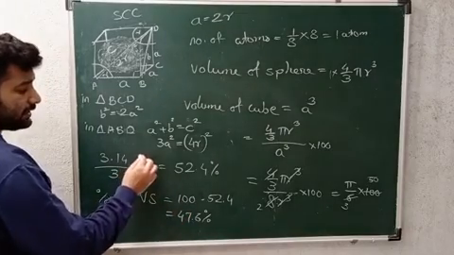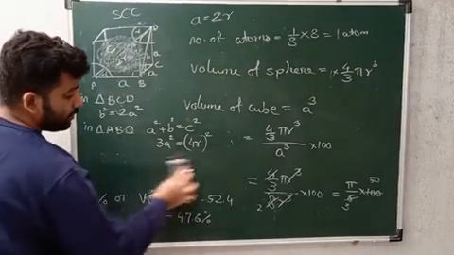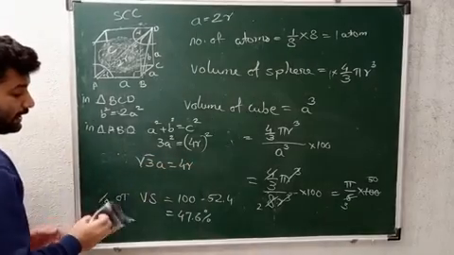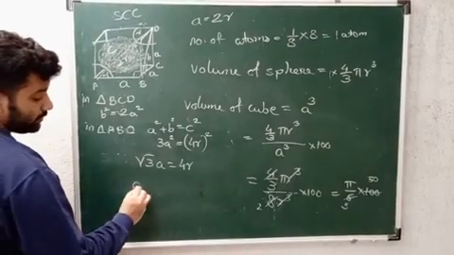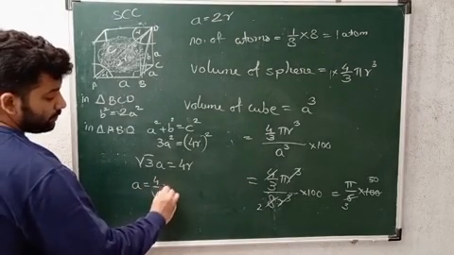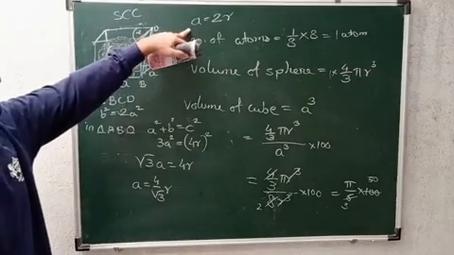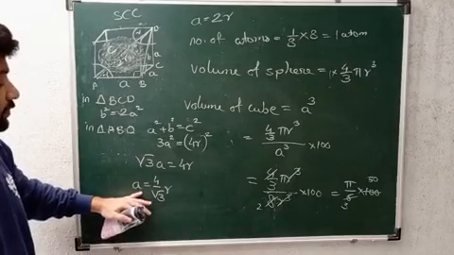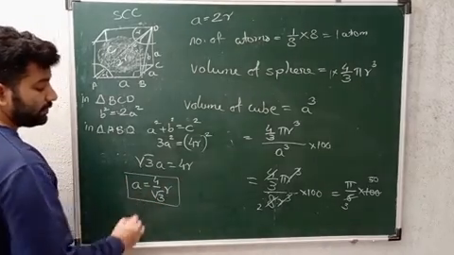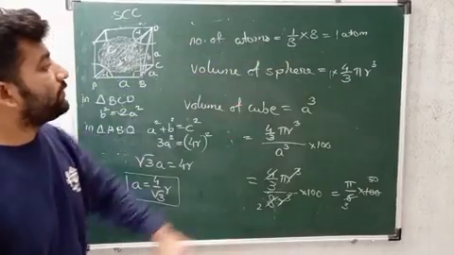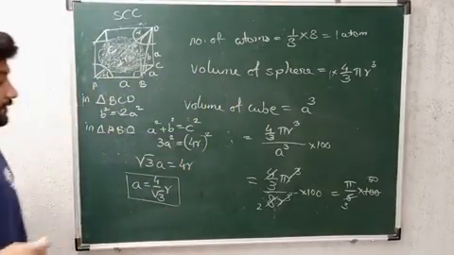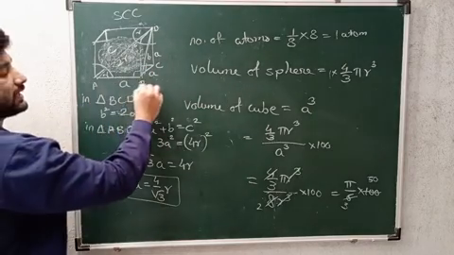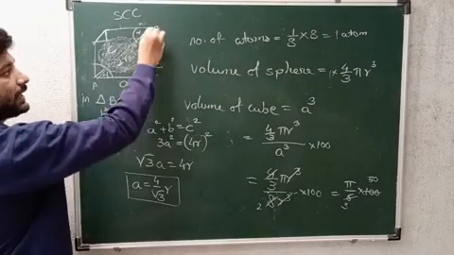Taking square root, we will get root 3 A is equal to 4R, and we need the value of A over here. So A is equal to 4 by root 3 R. Here we had the value of A for simple cubic, that is 2R. For body centered it is 4 by root 3 R, which you have to remember always. Next we have to find out the total number of atoms. I hope you have understood the two triangles which you have considered, first triangle BCD and second triangle ABD.